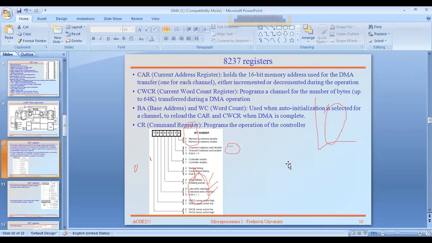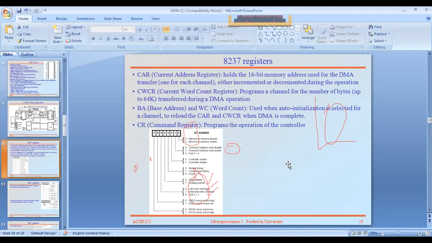The current address register is used to hold the 16-bit memory address used by the DMA transfer, which is either incremented or decremented during the operation. The next one is the CWC, the current word count register, which holds how many words it transfers.